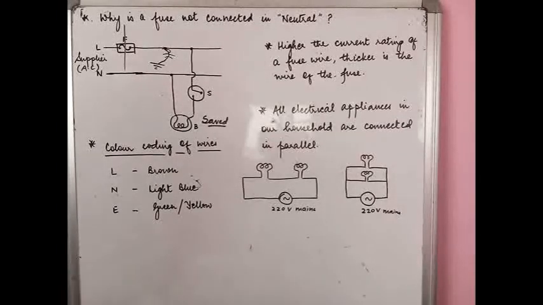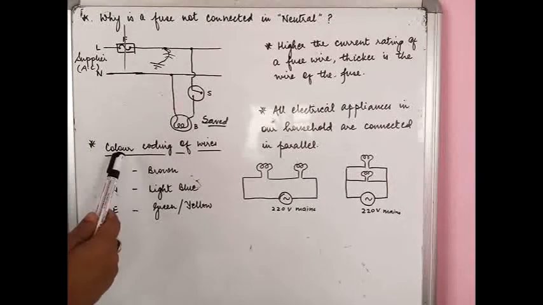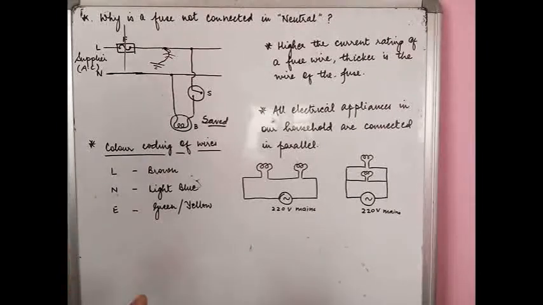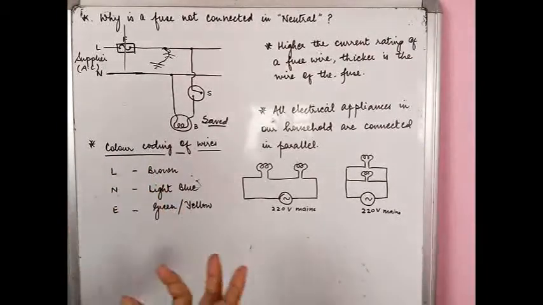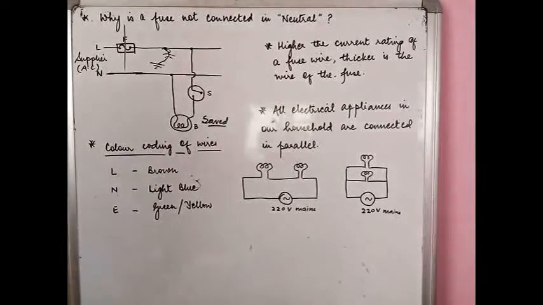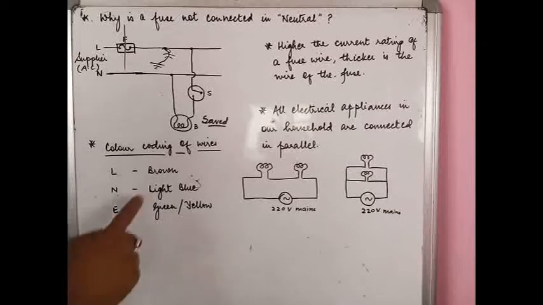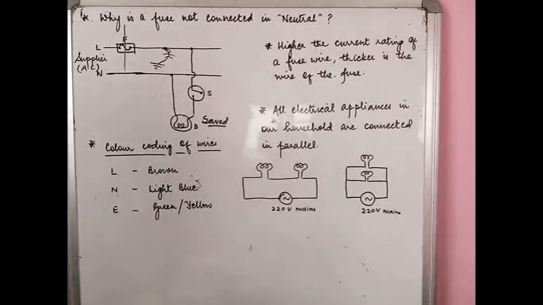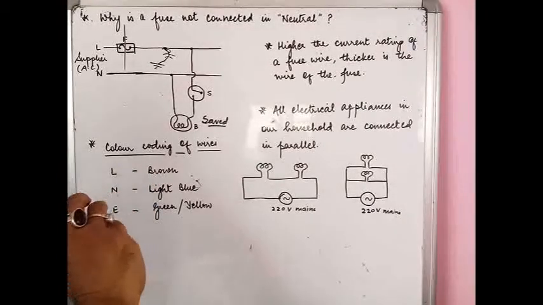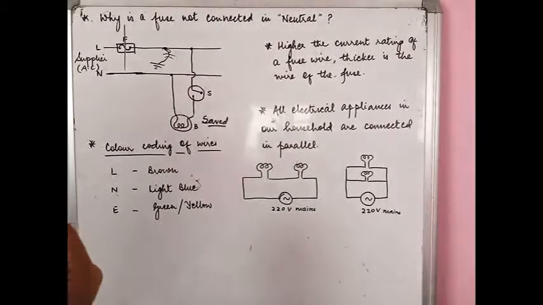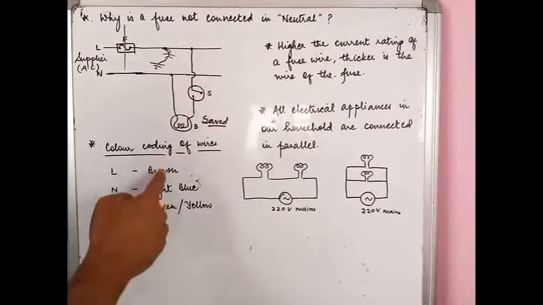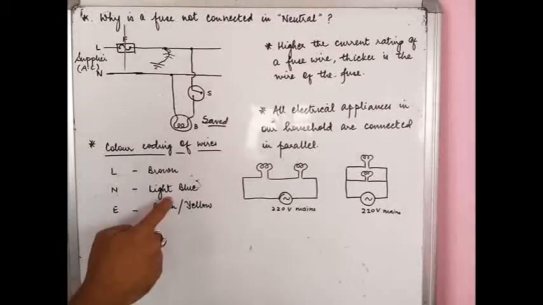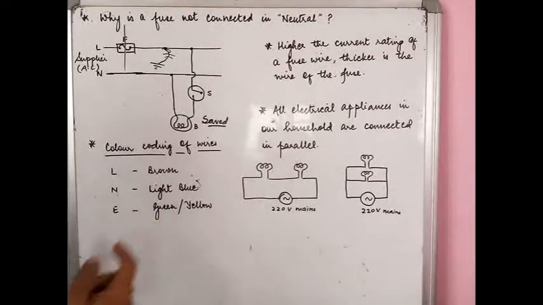Now there are some more things that you need to keep an eye on regarding the color coding of the wires. The three wires, live, neutral and earth, according to the new color convention. Live wires are generally of brown color. The insulation is brown in color. Now these colors are not of the metal. The metal is generally copper or an alloy of copper. But the color of the top covering of insulation follows this notation worldwide. So the live wire is generally brown, the neutral wire light blue, and the earth wire can be green or yellow.